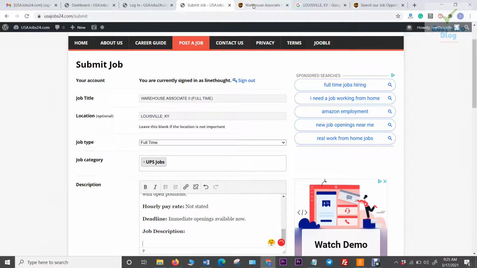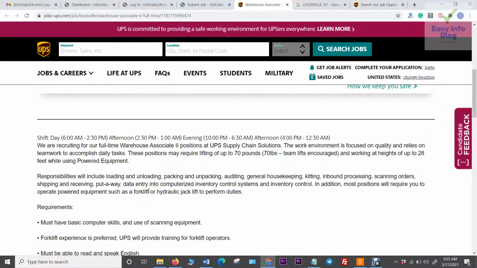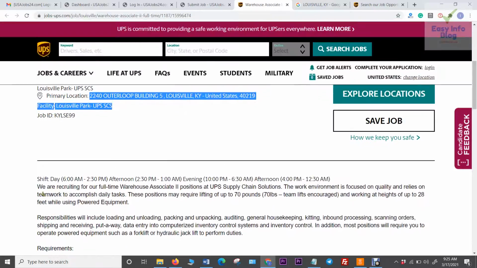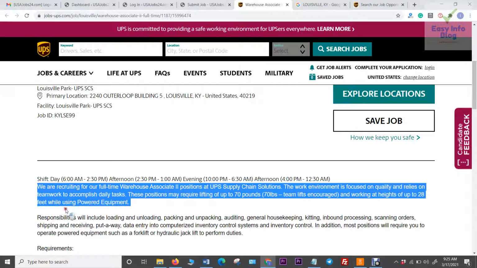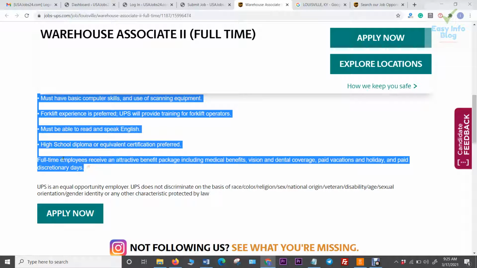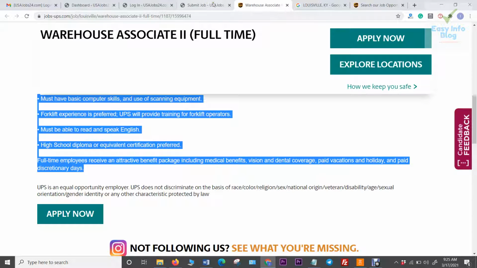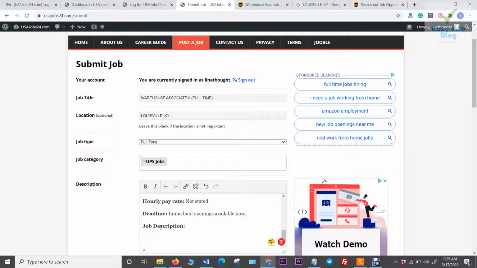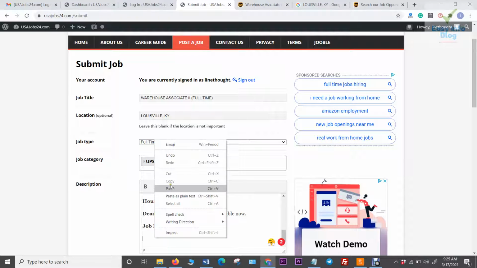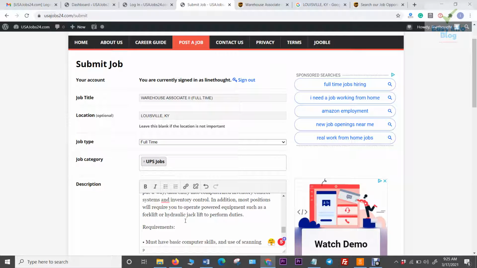Go back to the job page. You can see this is the detailed job description. You copy it from here. We are recruiting, to here. You select it, copy, go back to the job page and paste. There you have it. So remember to bold the requirement